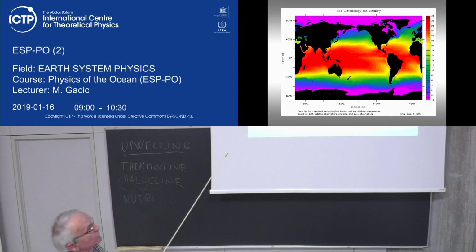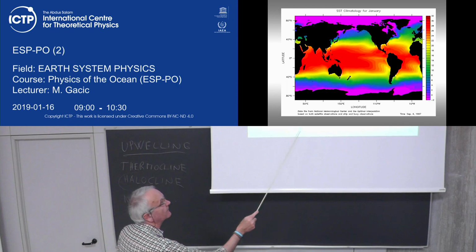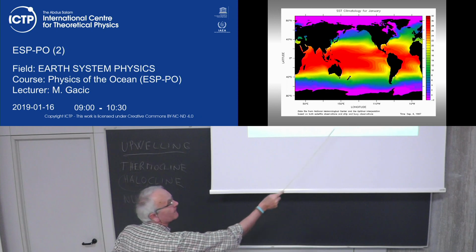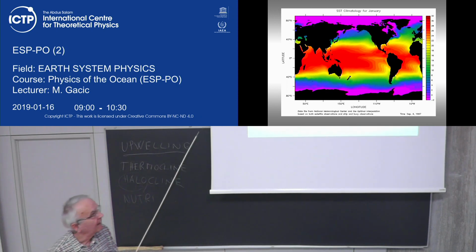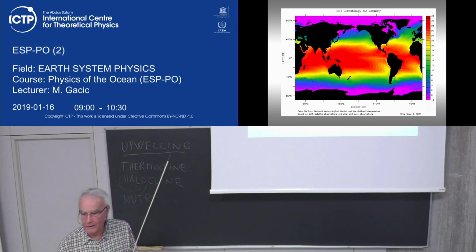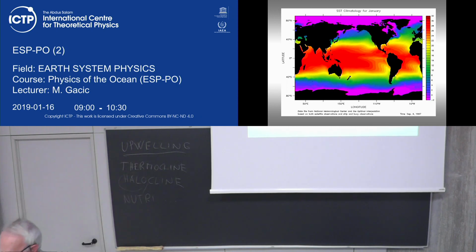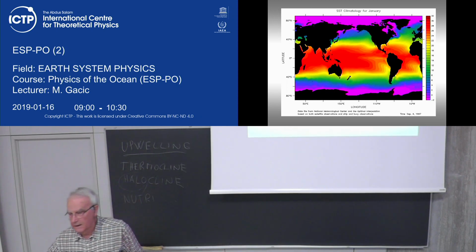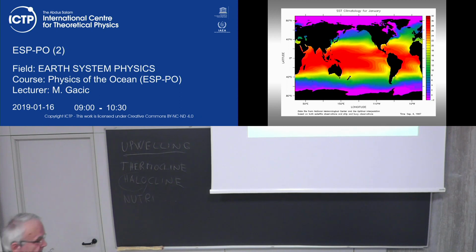And the same thing you should be able to see along, for example, the southern hemisphere. But in the southern hemisphere, which are also the manifestation of these western boundary currents, which in the northern hemisphere are Kuroshio and Gulf Stream. In the southern hemisphere, you have the eastern Australian current, which is the boundary current. Which, if you have seen the